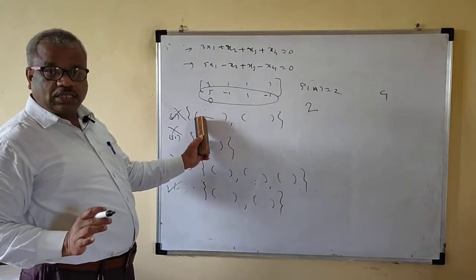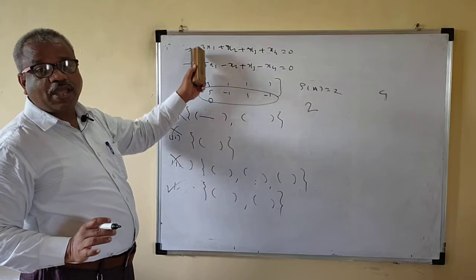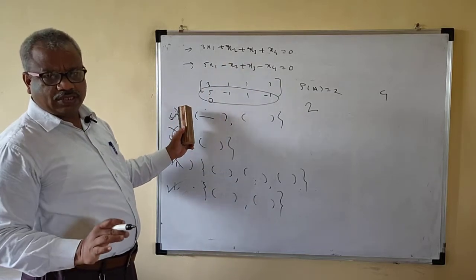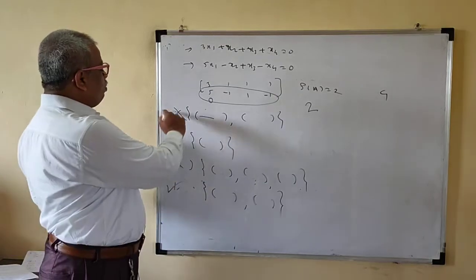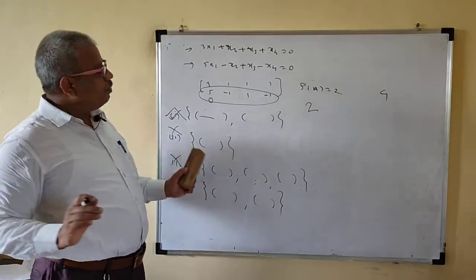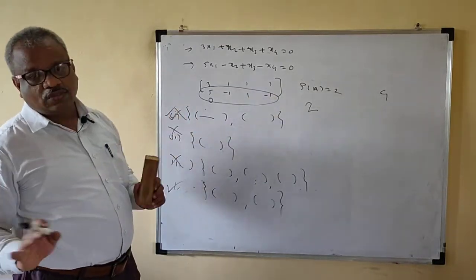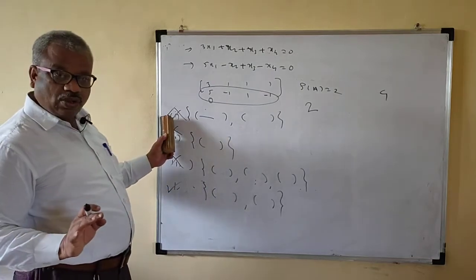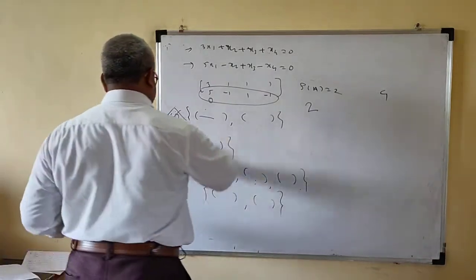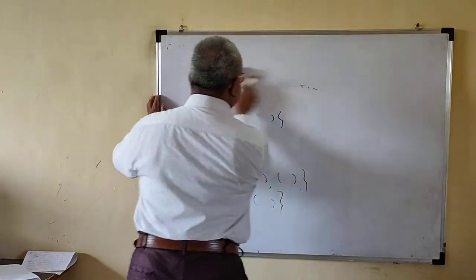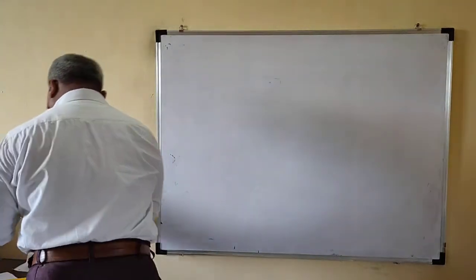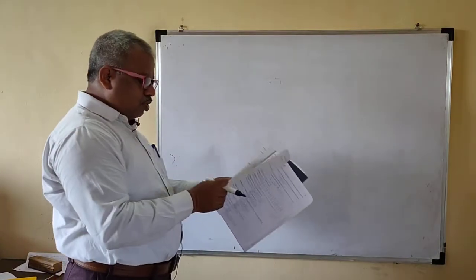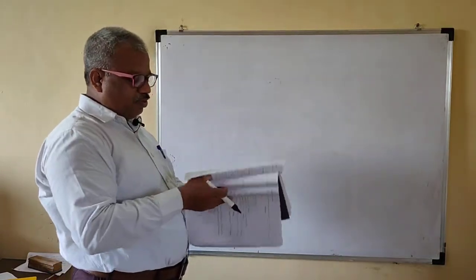But here, this is the one vector which does not satisfy one equation, any one equation. If it satisfies all the equations, no problem. This will be your option then. If it does not satisfy any equation, that will not be your correct option. So this will be your correct option. Okay, so options are given to you.